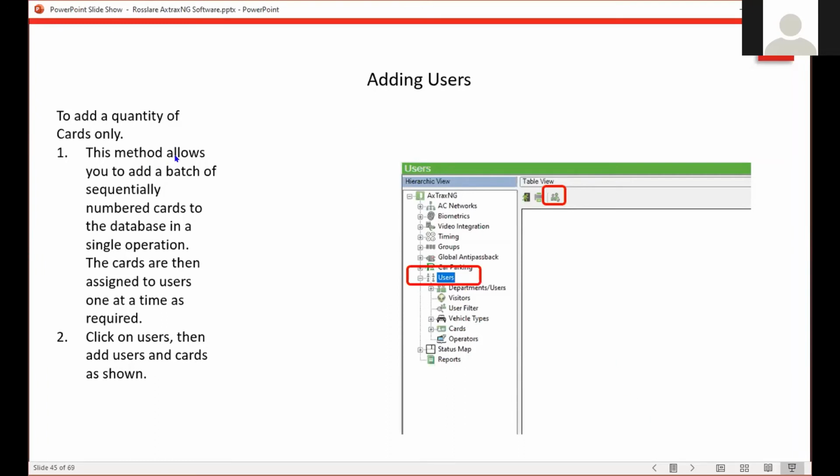Now, we can also add a box of cards, and there are two methods here. One, you're just going to add the cards to the system and then assign them one by one to people. It saves you from having to type all the card numbers in. You just type the first one, tell it how many. The other option is you actually create users with dummy names like user 123. Again, a lot of times we'll do this to get something up and running on Friday afternoon, but you really need to come back in then, or the user does ultimately, and figure out who's got what cards and put the real names in. So